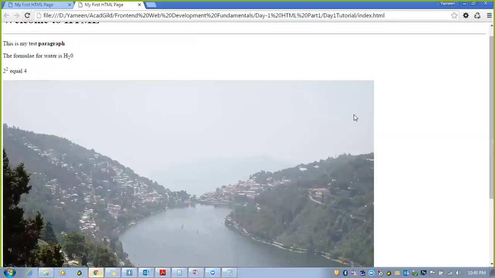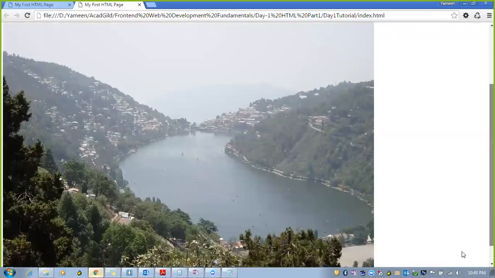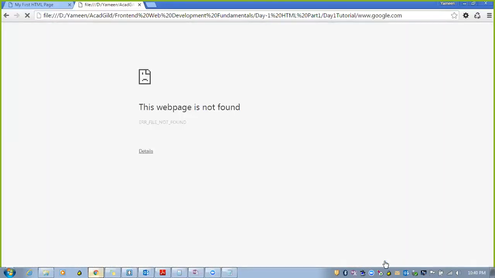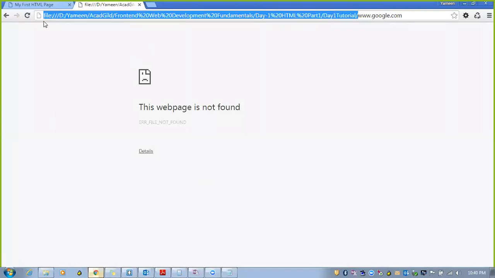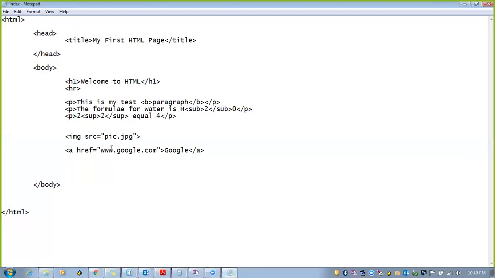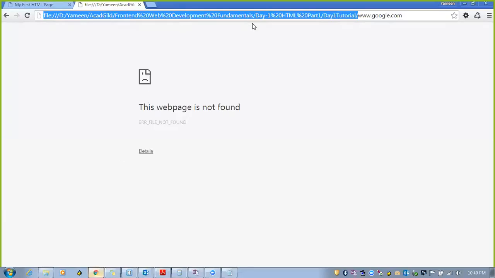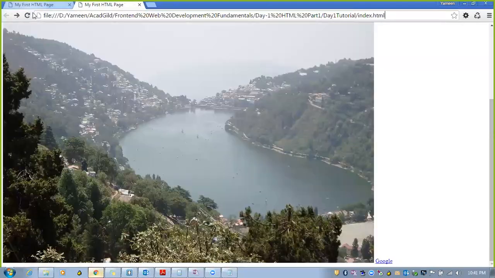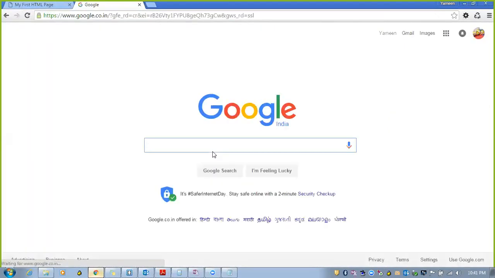Let's hit the refresh. Let's move down, and you can see a Google link appears here. Once we click, it didn't go because it takes this static path also. So in order to make it work, I will provide the protocol also, so that it doesn't append my static path. So if we go here, we'll refresh it. Now if we go down, click on Google, and it will take you to google.com, because